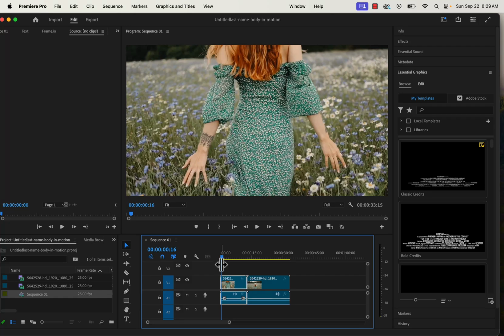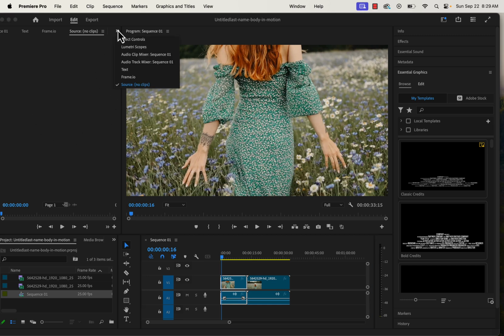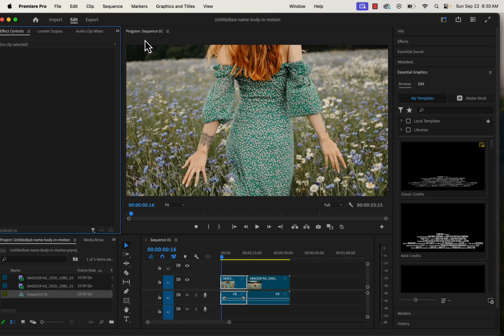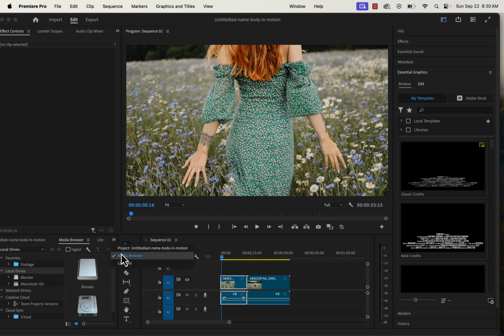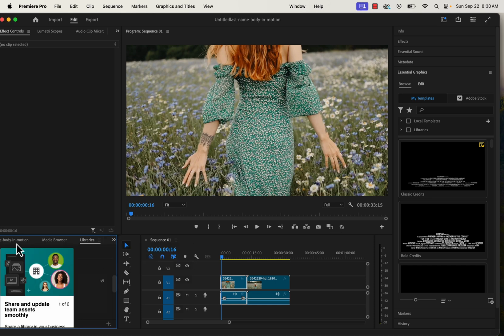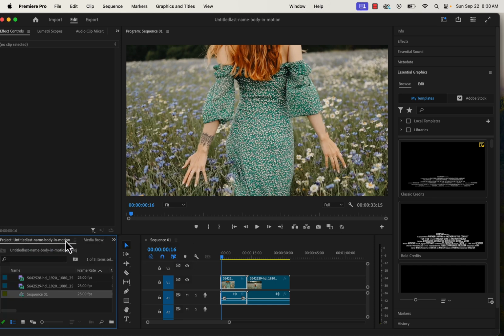So let's just look over the interface as a whole real quick from a global view. This top area that is blank is going to be where your effect controls are. You're going to want to drill down on this and select effect controls. It will change it, and you will see why we want that in a moment. But let's first move down here, and you'll see this drills out to media browser as well as libraries. But I'm going to leave it on the